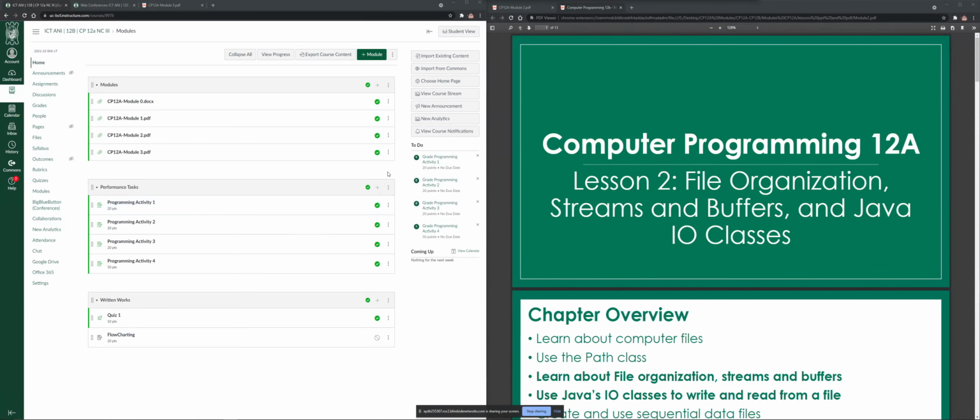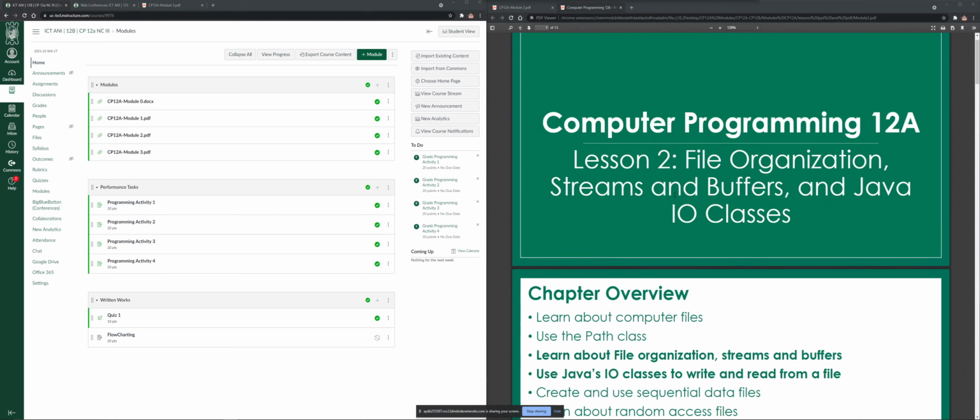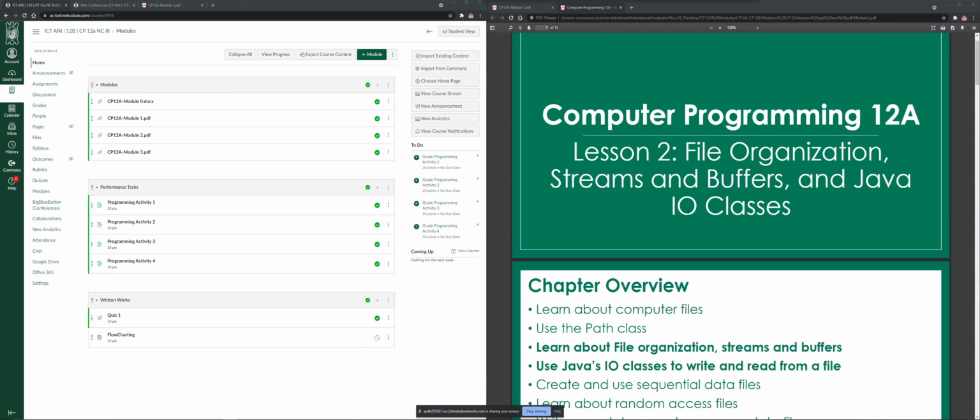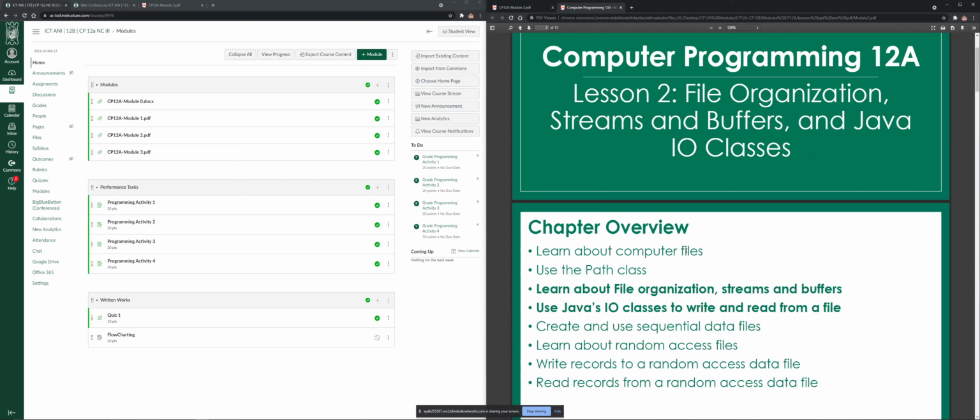So good afternoon, everyone. We will start with a discussion of your module number two in computer programming 12A. So last week, as I have said, we were able to discuss the path classes, and at the same time, we also learned about the computer files. I was also able to at least give some examples or path demo programming activities and samples for the last